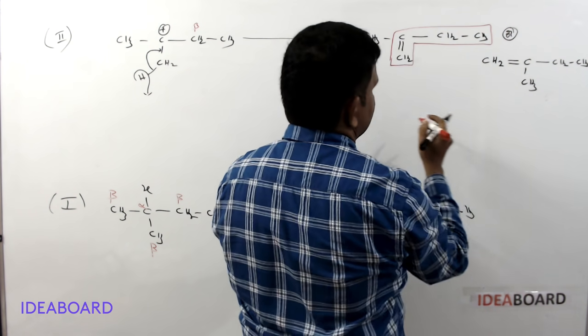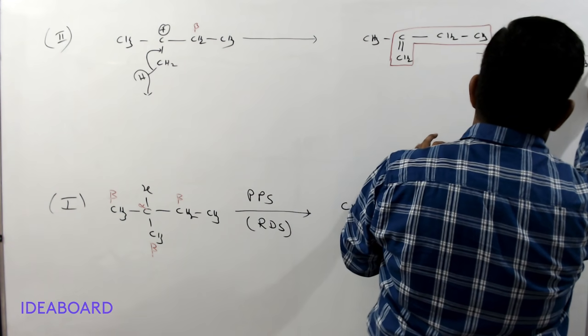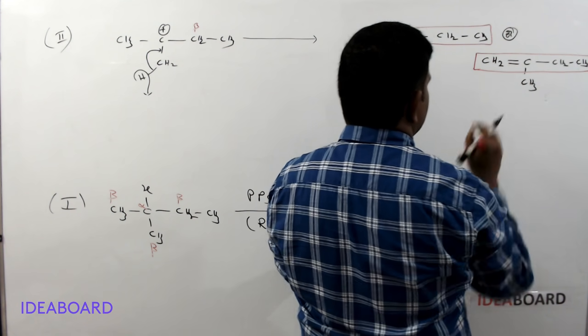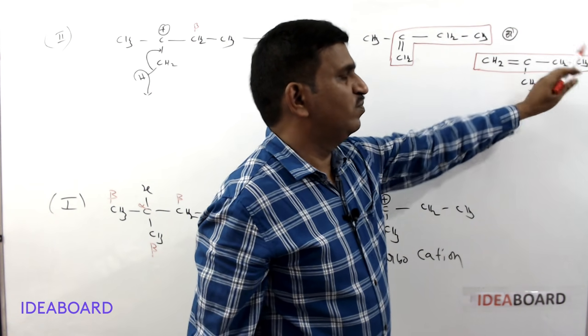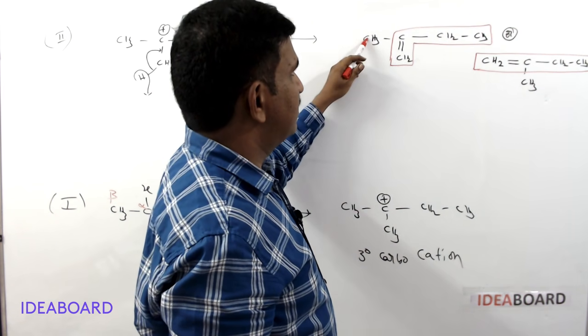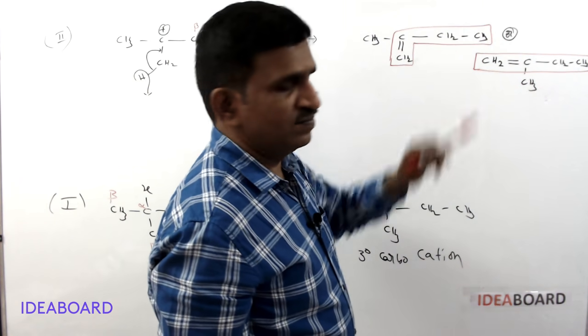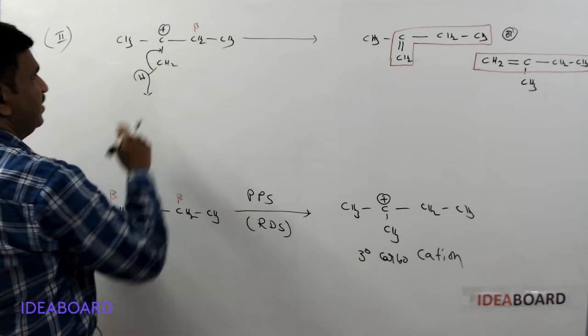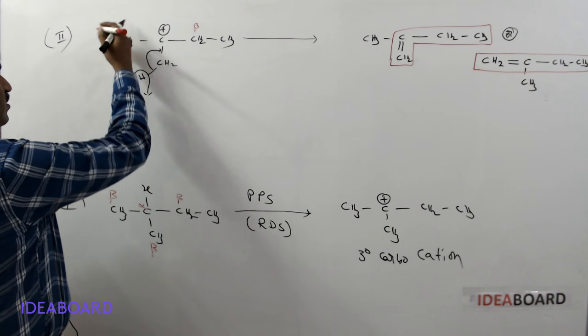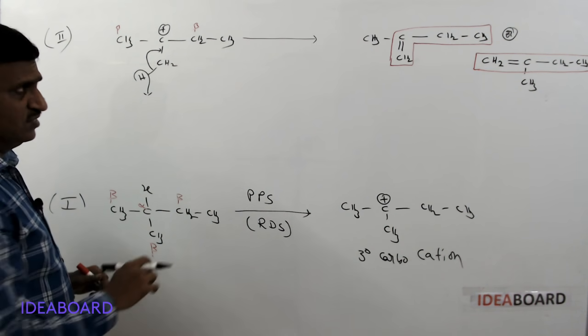So this is the IUPAC name, parent chain. And here, to write the IUPAC name, the parent chain is that one. And here it is 2-methyl 1-butene, and here also 2-methyl 1-butene. So both are same. Next, the second type of beta hydrogen. This is one type of beta and this is the second type of beta hydrogen.